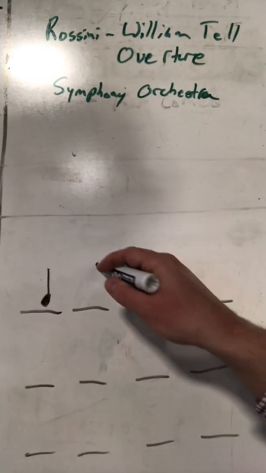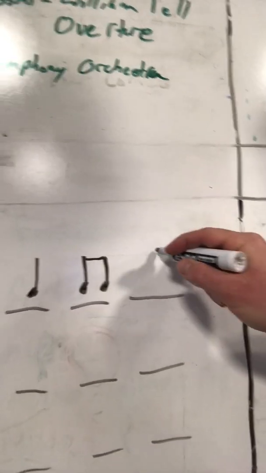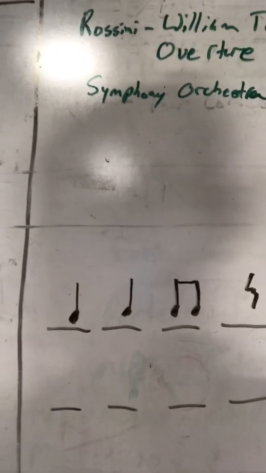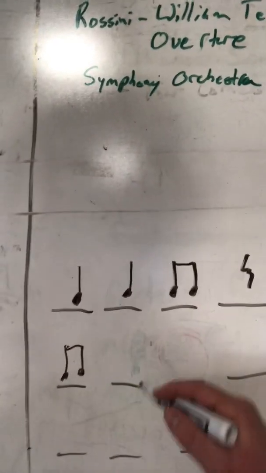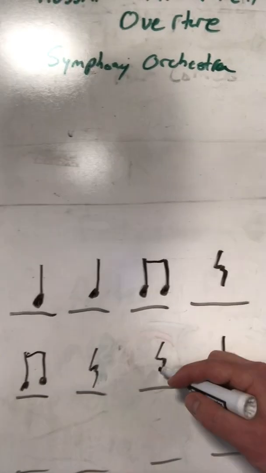So what if you had a quarter note, then another quarter note, and then a couple eighth notes, and then an eighth rest, or a quarter rest. I want you to practice making those different symbols, and you get 4 beats to do it. You can make it however you want with those